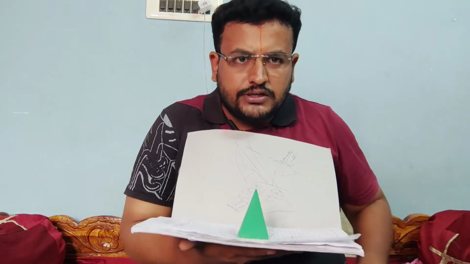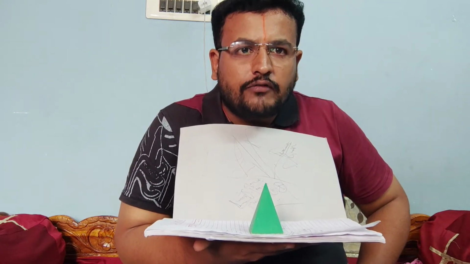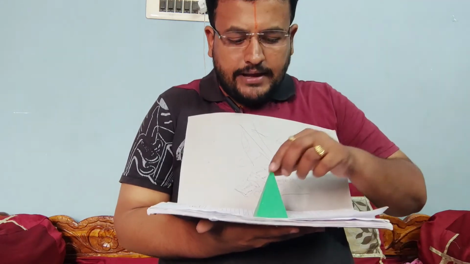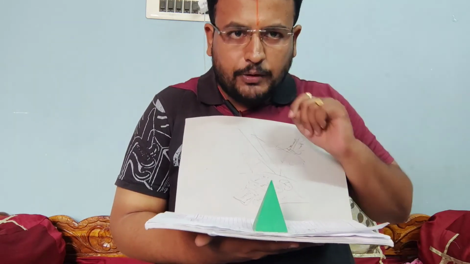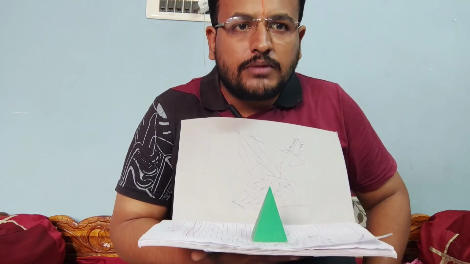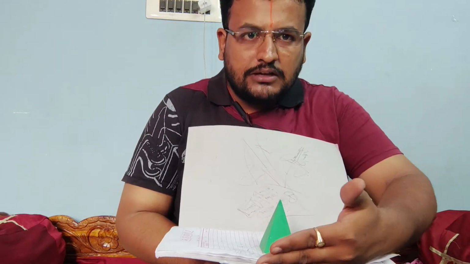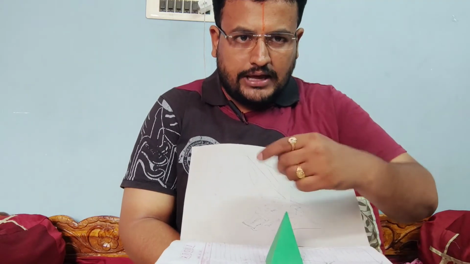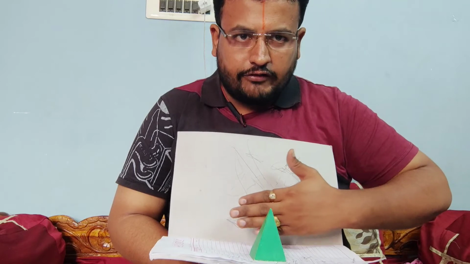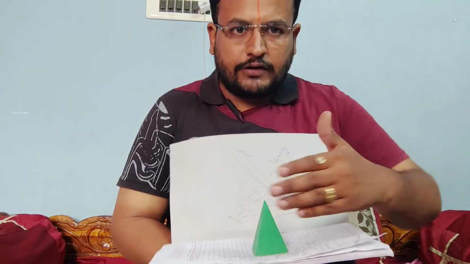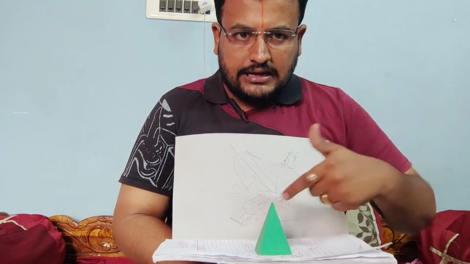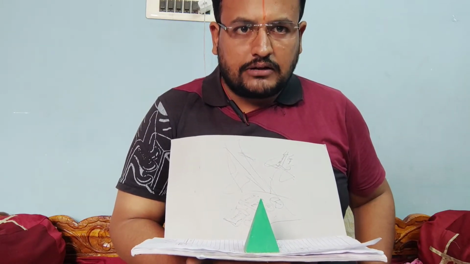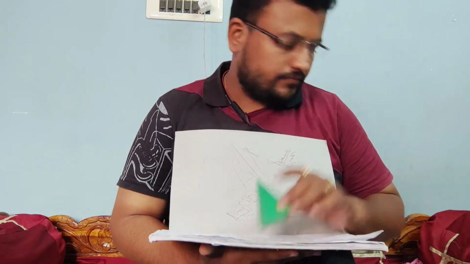As I told you just now, we always have to start from the view from where you can notice the base. Here the base square can be seen from the top view, therefore we have to start from the top view, and the same thing should be projected to the front view. In the top view you can notice the square at a certain distance in front of VP, whereas from the front view you can notice this triangle in contact with this reference line.